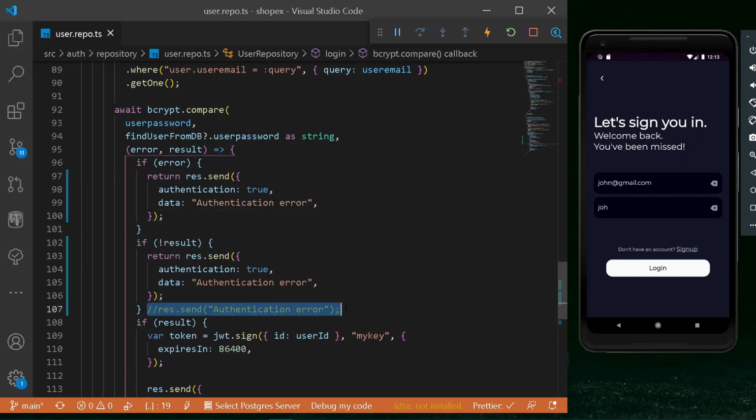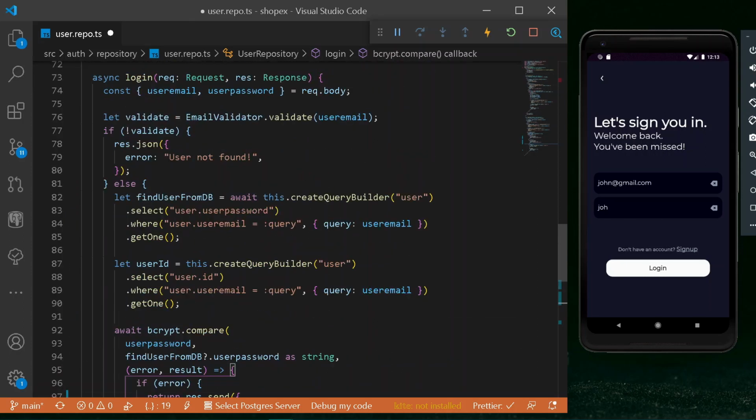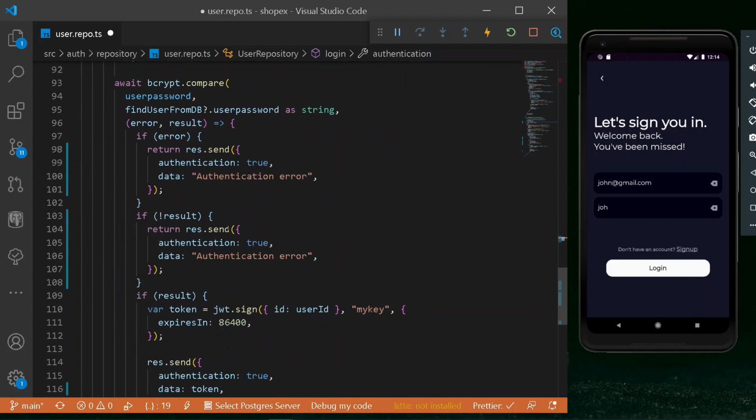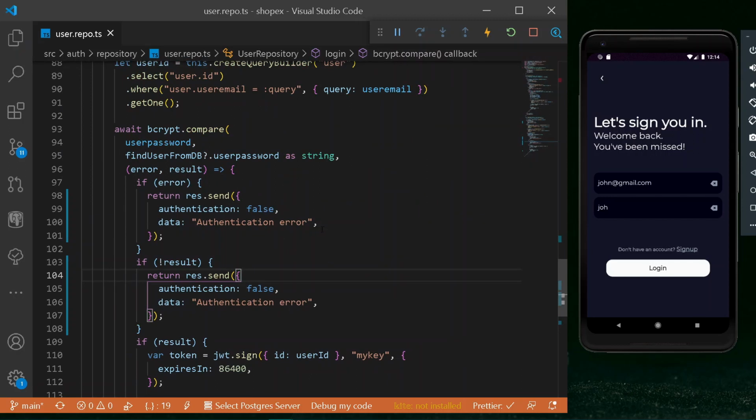Alright, let's delete the following comment, we won't be needing this. And once we have done this, we shall also be moving up, and here instead of sending a JSON of user not found, I will be returning my following data. And instead of authentication, I will be saying user not found. But also instead of having authentication to be true, I will be having a value of false. And the same thing goes here and also here, just like this. And once we have done everything from this, we are good to go.